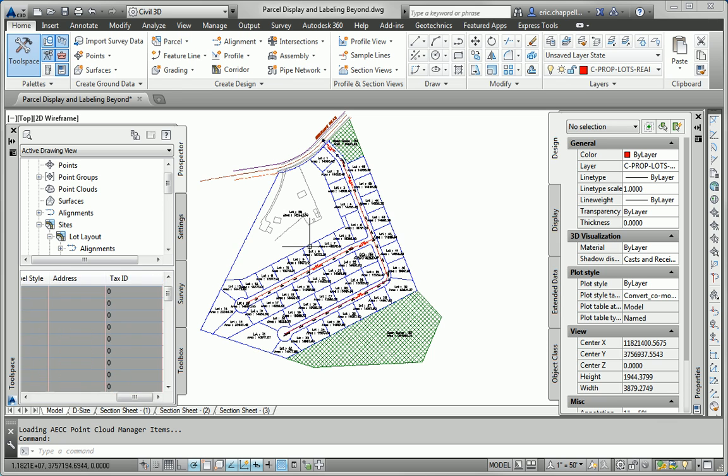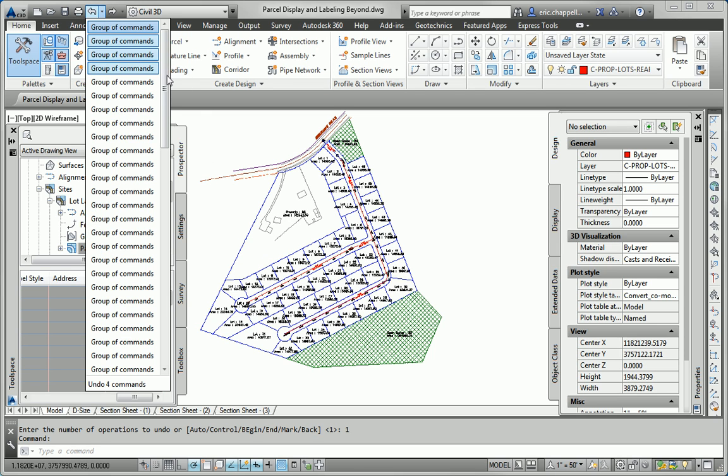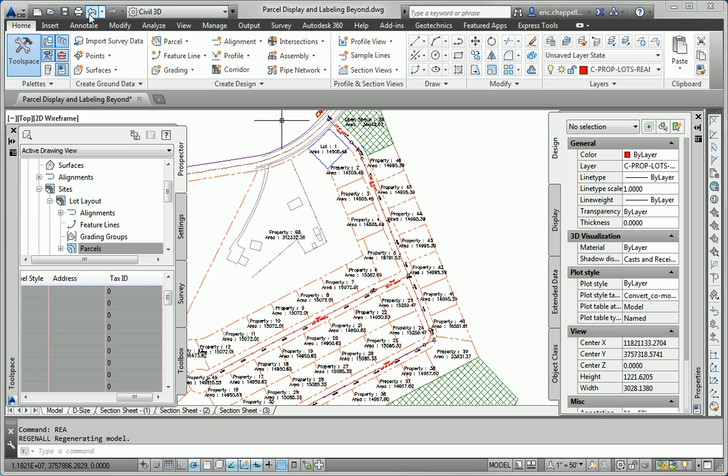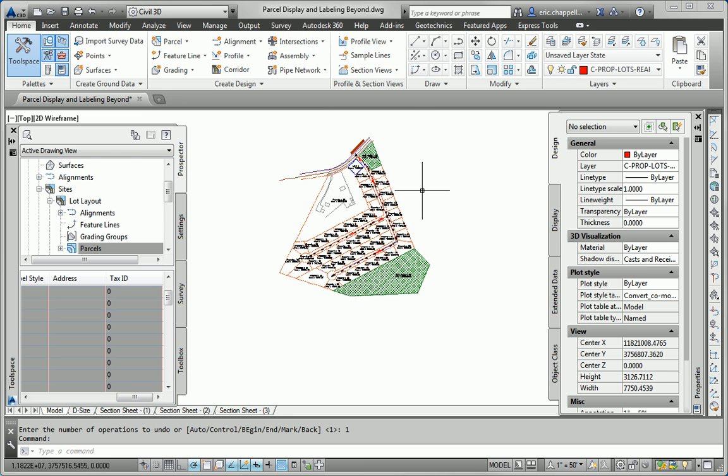Now there is another command that you can do this with, and let me undo that. And I think what it may do is undo them all at once. So I'm going to use my undo drop-down list here. There we go. Still has that first one. That's okay, we'll leave that one there, because I want to show you this other way of making changes to